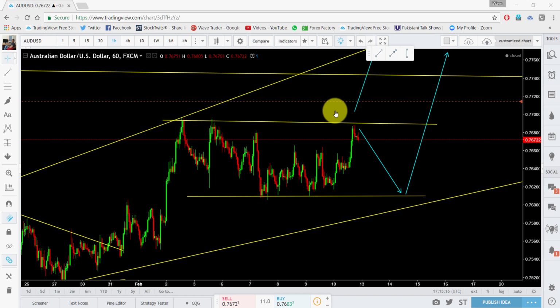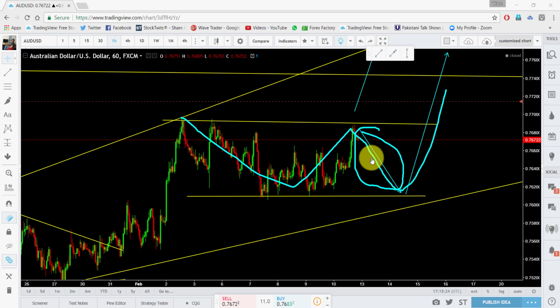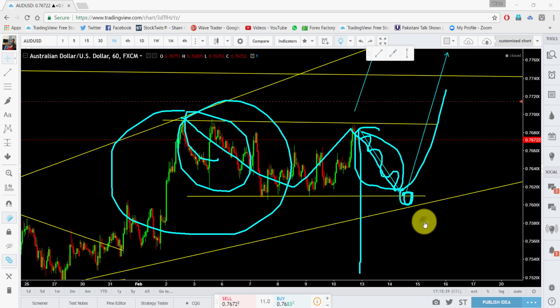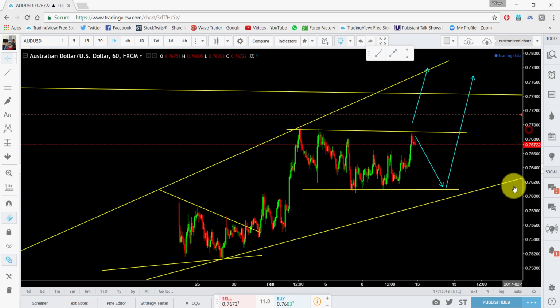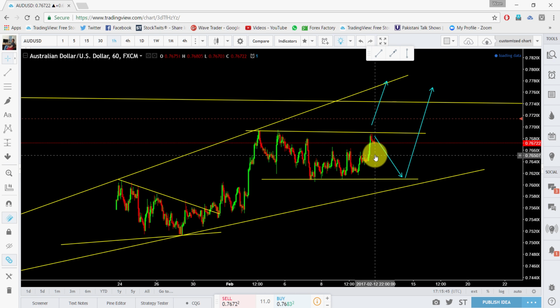Slightly risky because we can see the pattern forming is a continuation to the upside. So the sell is going to be short term within this pattern, up to this place. And once price hits this place correctively, okay, corrective, not aggressively. If price started to fall aggressively, then price would change the whole previous pattern, which is less likely. It seems to me that price is not going to fall from current price,